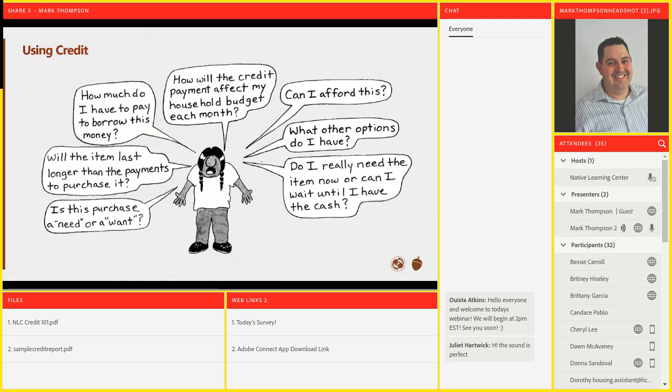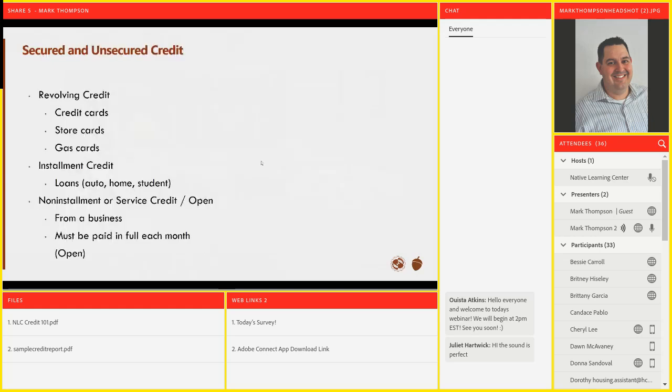Do I have to borrow it, right? Should I save up? Is it going to benefit me more to buy it now, or would it benefit me to save up? Will I still want this if I can't buy it? If I don't buy it right now, am I going to be equally happy to have this later, right? And by asking those questions, just doing those simple things, that's going to make you a good consumer and a better user of credit. So let's talk a little bit about getting into the fundamentals of what credit is and different types of credit.